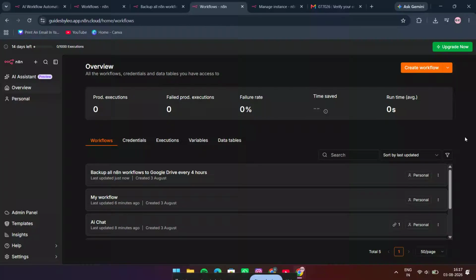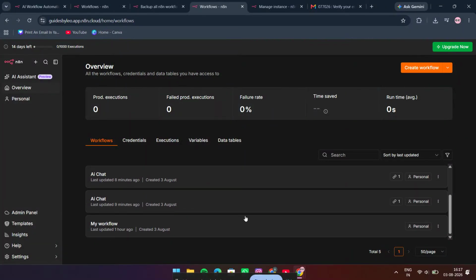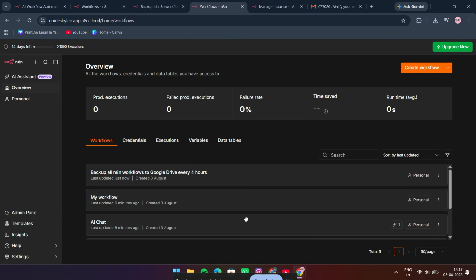In this video, I'm going to show you how to test an N8n workflow quickly and easily. If you're building automations in N8n, testing is one of the most important steps because it helps you make sure every node is working the way you expect before you turn the workflow on. This simple method is perfect for checking your workflow logic, catching errors early, and making sure your automation runs smoothly